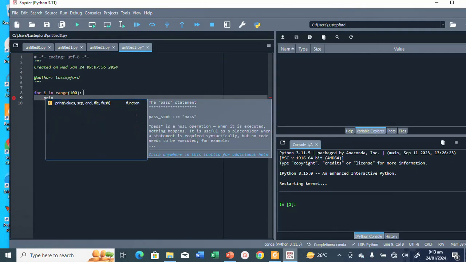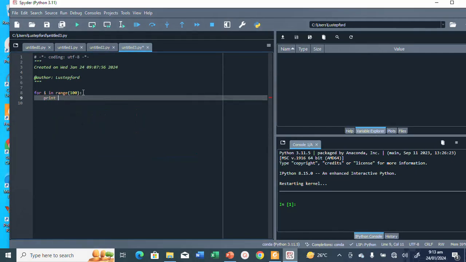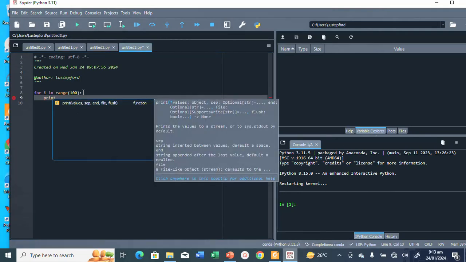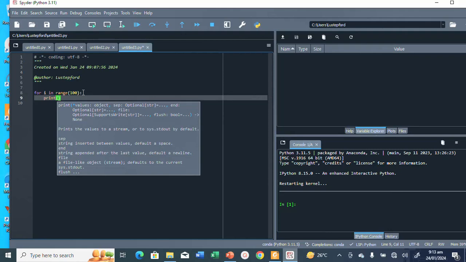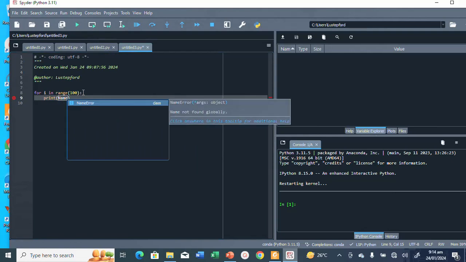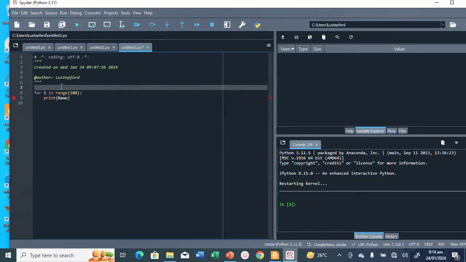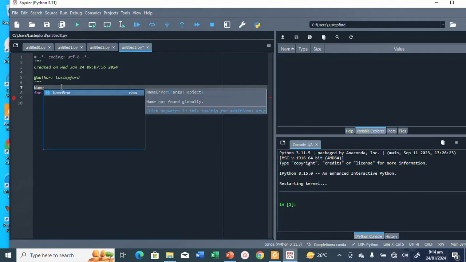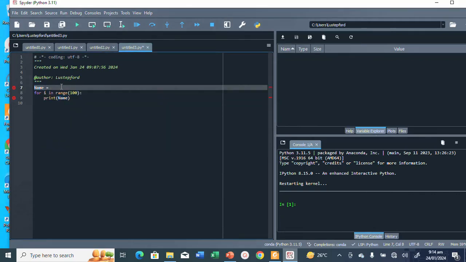I can now say print, press the tab key, then let me just say name. Let me define the name up here. I just call it name equals to